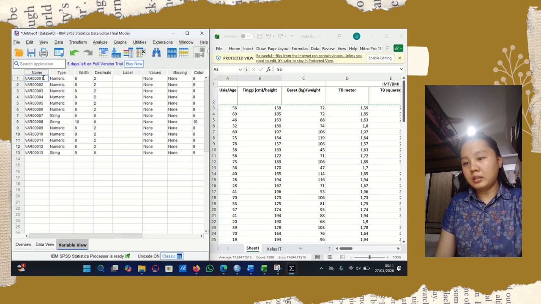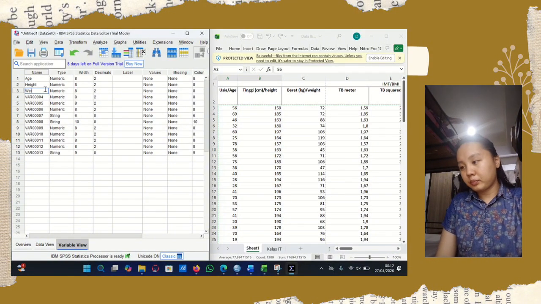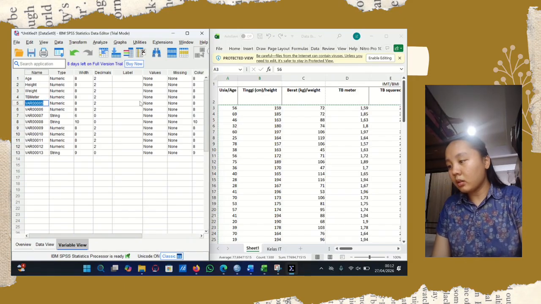Then weight, TB squared, and then BMI. Then the next variable is blood pressure.